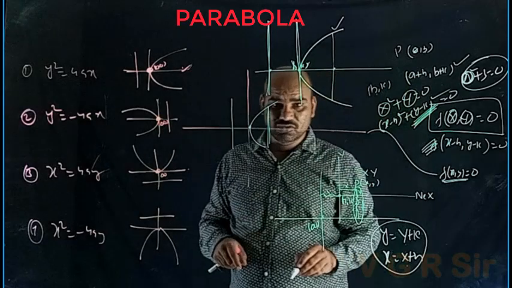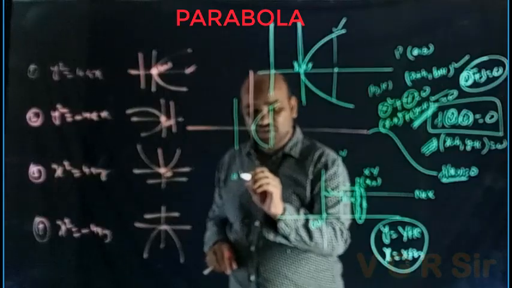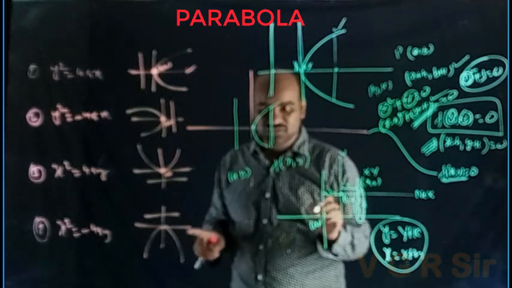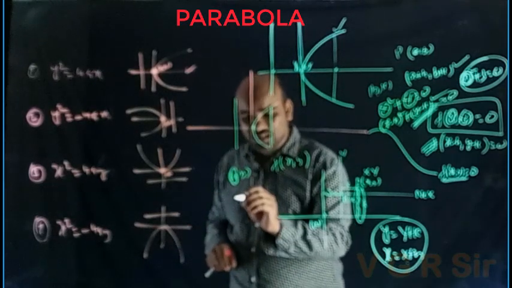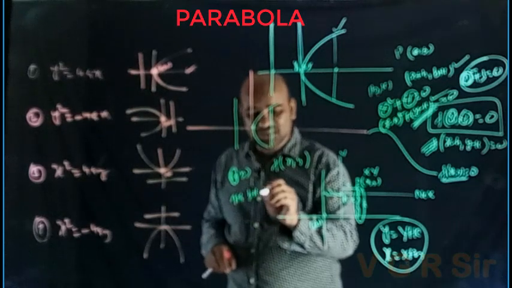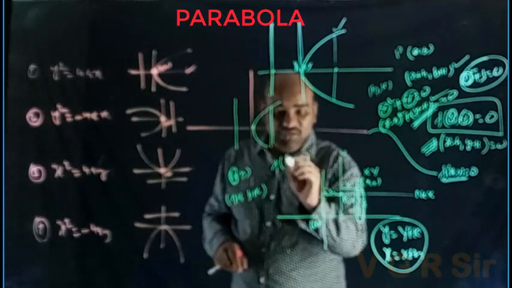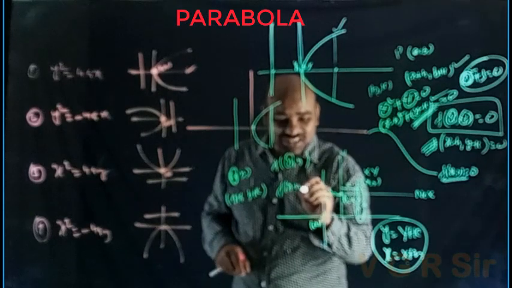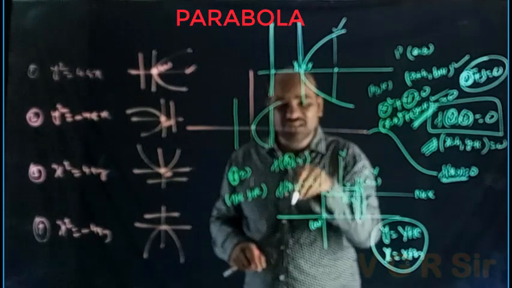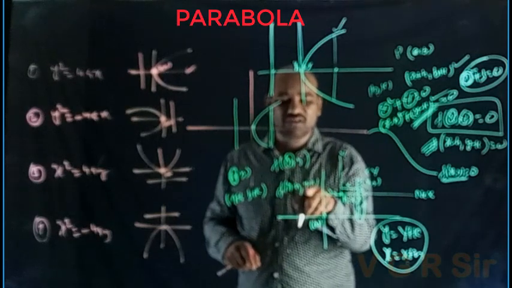Don't confuse. A comma b, f of x comma y. Don't confuse. So instead of this, what should we write? Yeah, a plus h, b plus k, new coordinates. So instead of this x, what do you want to write? x minus h, comma y minus k. Don't confuse. Actually, this is capital X, capital Y. After that, you need to write small x minus h, comma small y minus k.